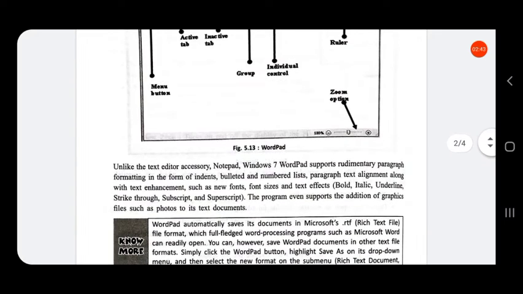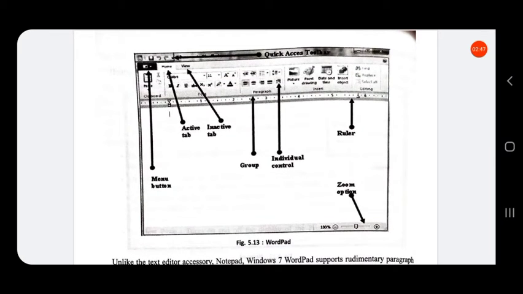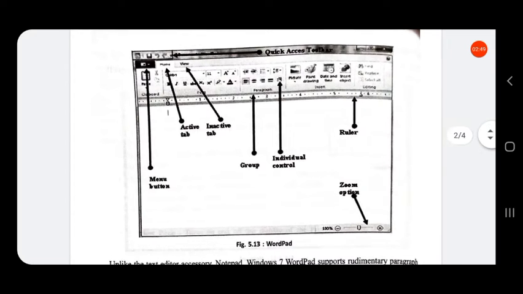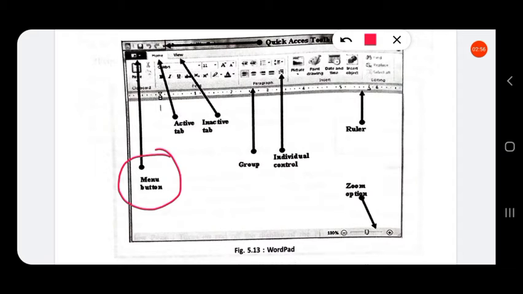So in WordPad, let us see what are the different buttons on the WordPad. First one is the menu button, then this is the active tab, that is, which tab has been opened. Then the inactive tab, that is, which tab has not been opened.